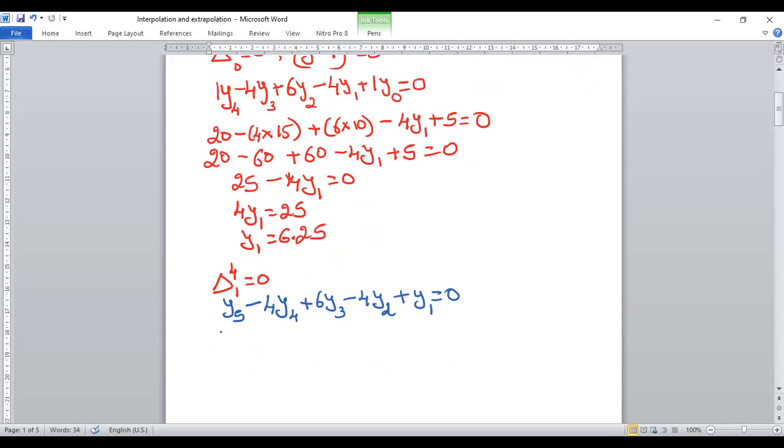So y5 is the unknown value, y5 minus 4 into y4. So y4 was 20, plus 6 into y3, y3 is equal to 15, minus 4 into y2. So y2 is equal to 10, plus y1. y1 was an unknown value, but here we calculated it. y1 is equal to 6.25 is equal to 0. So now we simplified, that is y5